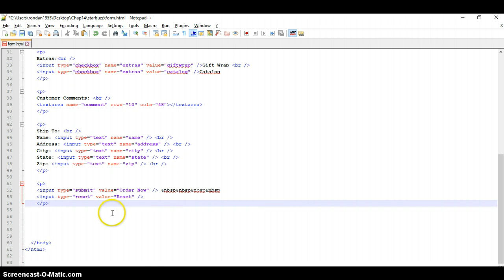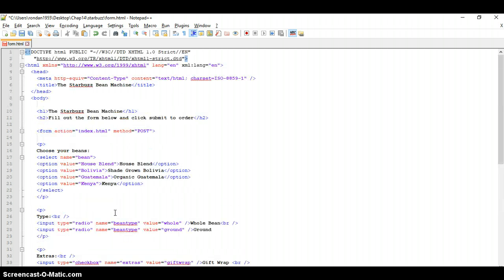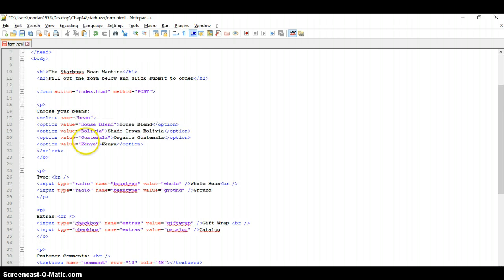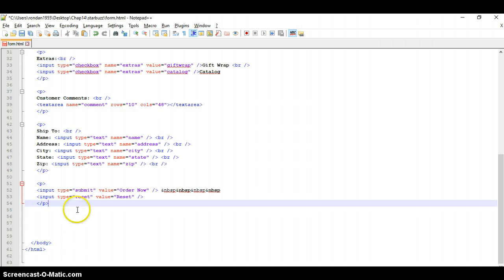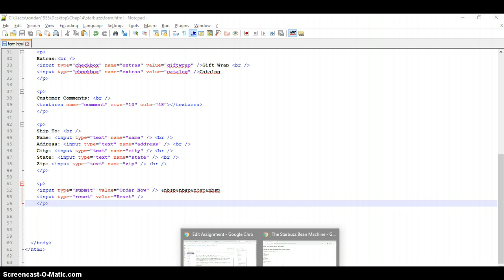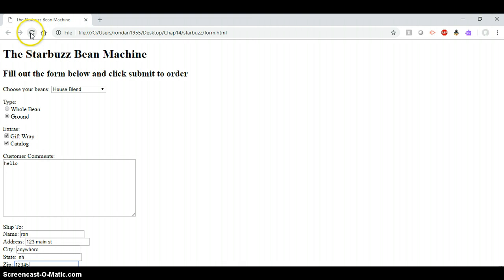All right, now I have this set to go to index. So when we click on the submit button, normally it would send it to a PHP page, which would show all the output, but we're just going to have it go back to index, which is the home page. So let me show you how this is going to look. So I'll reset it, and I'll choose house blend, whole, gift wrap, catalog, hello, didn't spell it right, but that's okay. I'm just going to put some